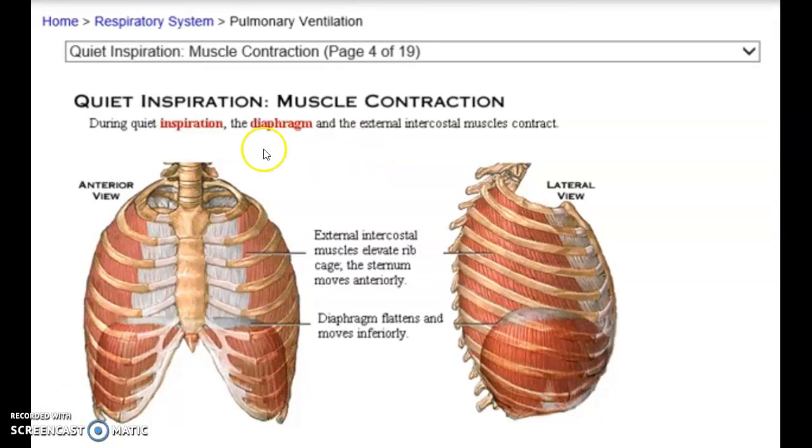So again, it's dependent on the contraction of both the external intercostals, which makes everything rise a little bit, and the flattening contraction, which flattens the diaphragm, causing it to go downward. The whole reason we're doing that is to increase the volume in this area, which makes the lungs